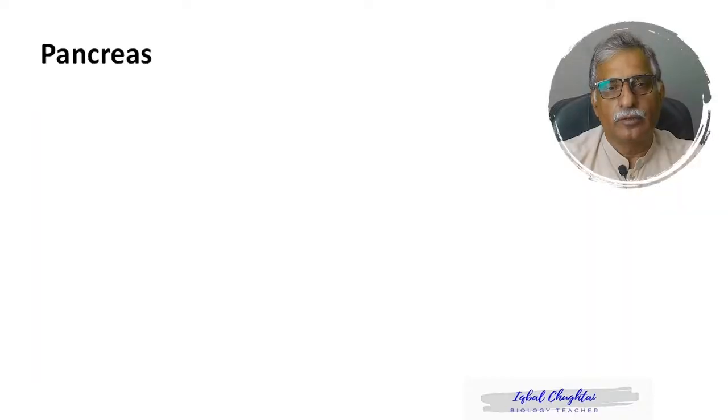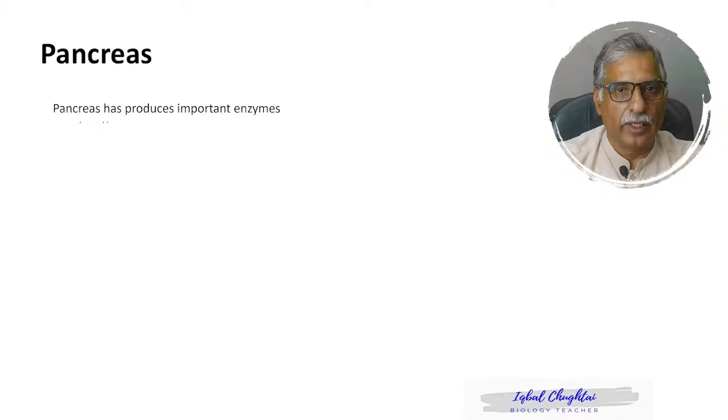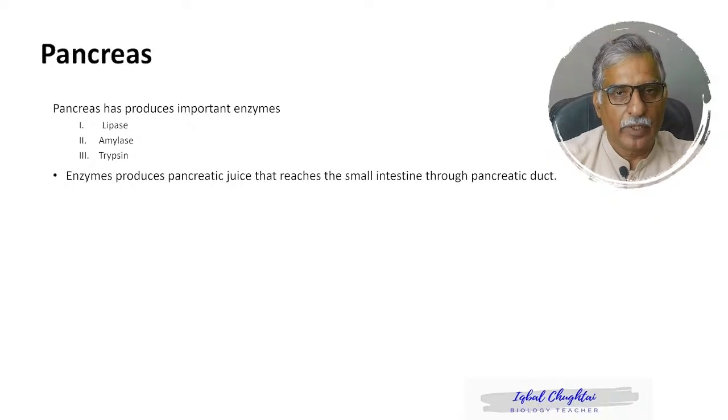Now the duodenum also receives secretions from the pancreas through the pancreatic duct. Pancreas produces three important enzymes. One is lipase, second is amylase, and the third is trypsin. All the three enzymes are produced in an inactive form and they are released as pancreatic juice into small intestine